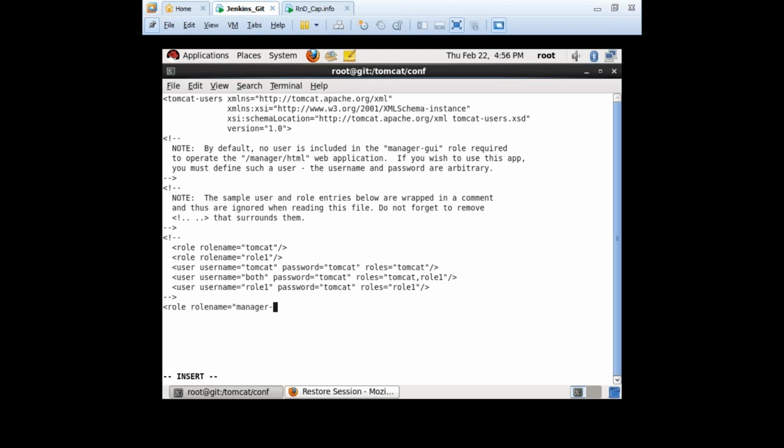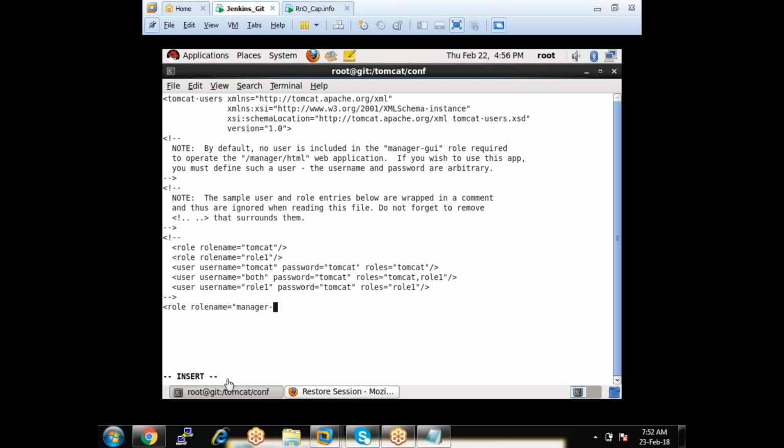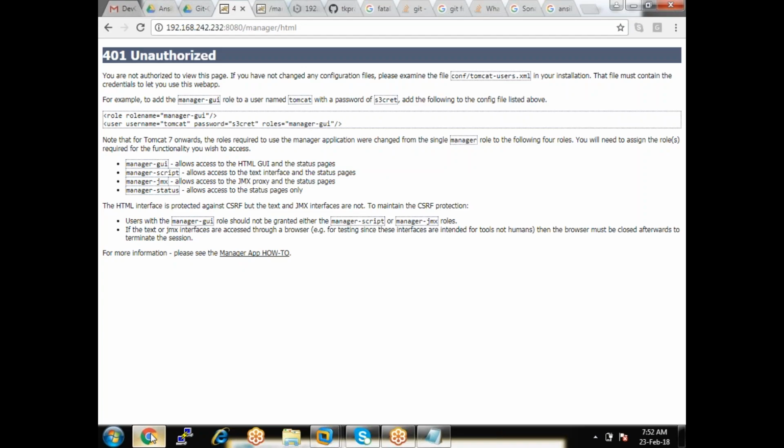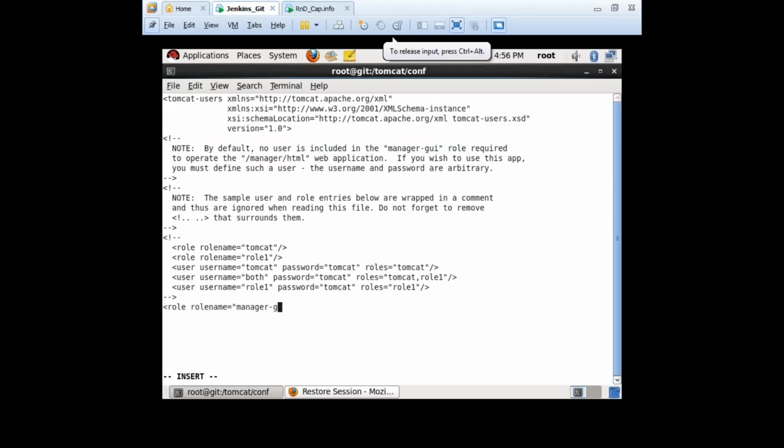Is it UI or GUI? Yeah, it's GUI. That's the role name. First define the role name, and after that create a user, and then assign that particular role to that user.